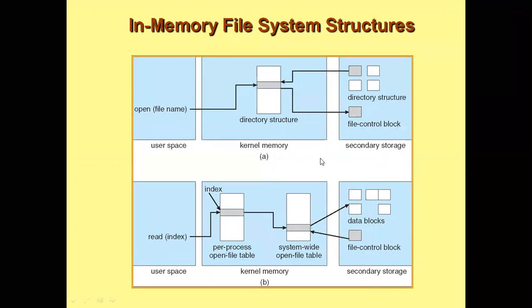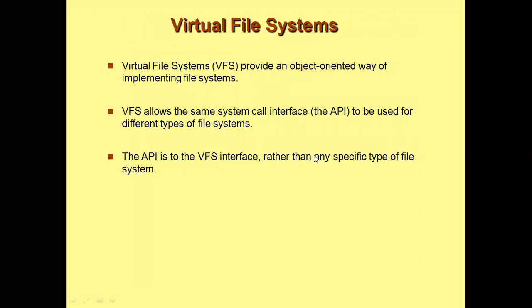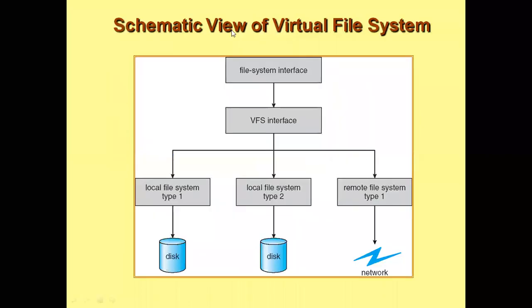There is one more way to implement a file system, which is through the virtual file system. Let us just have a brief idea of what this virtual file system is. See, you have many file systems that reside on your system. It can be a local file system that resides on a disk, and we have two local file systems here, and also there is one more file system which resides on the network. So if you don't use a VFS, the way to access these file systems will be different.